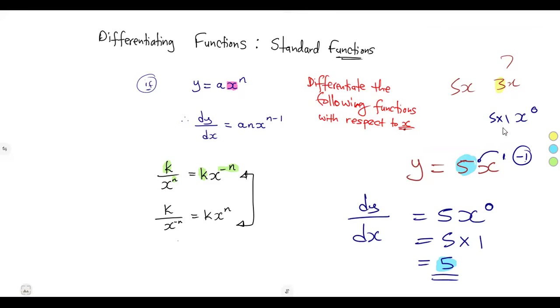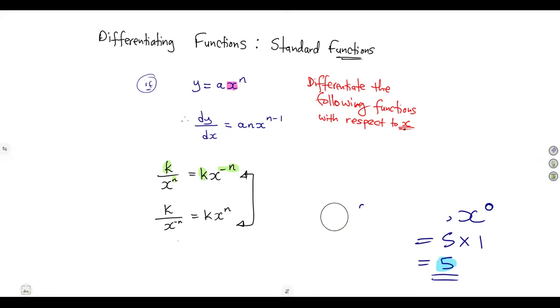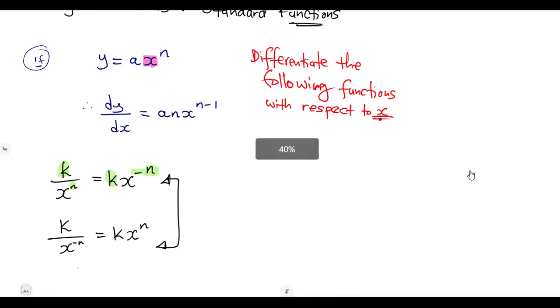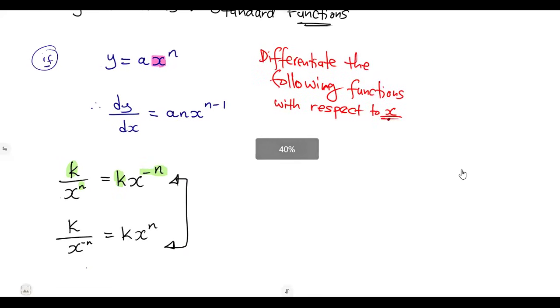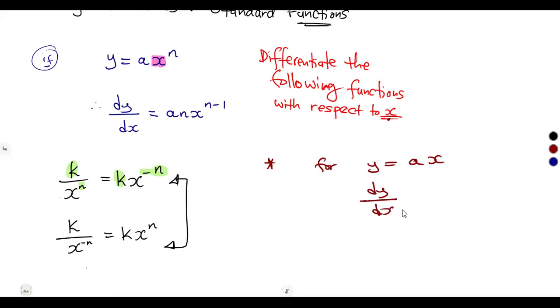If it is 7x, your answer was going to be 7, and so on. So it follows that due to that repetition, not to say that the standard function did not play a role, no. The standard function is still playing a role. But because of this repetition of these terms, and we're seeing the same answer occurring now and again, we can conclude that for y is equal to ax, the derivative of y with respect to x is equal to a,